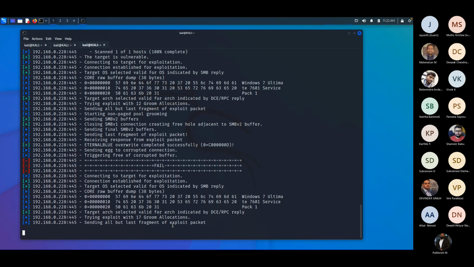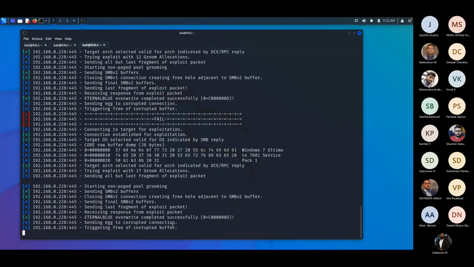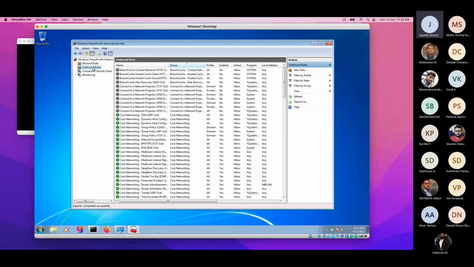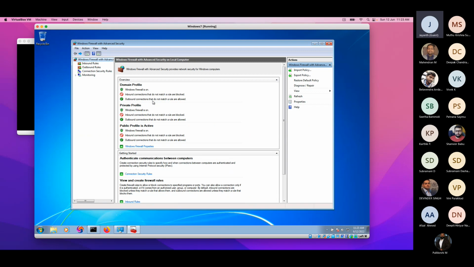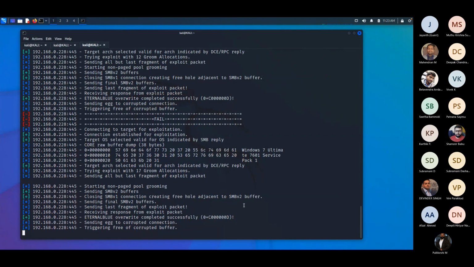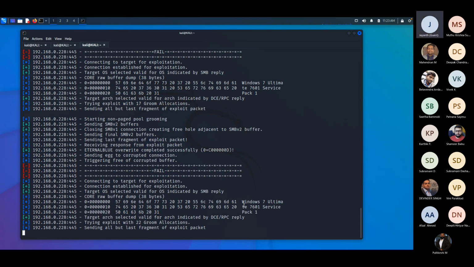So the attack failed. We allowed only inbound connection. Do remember, right? In the outbound section, everything is allowed, right? So we go on to the main section. Outbound connections that do not match a rule are allowed. No way. Second time failed,